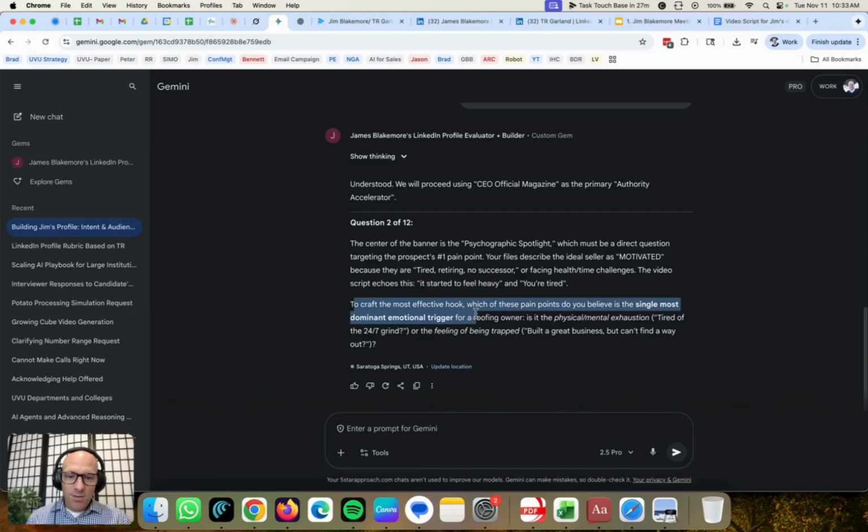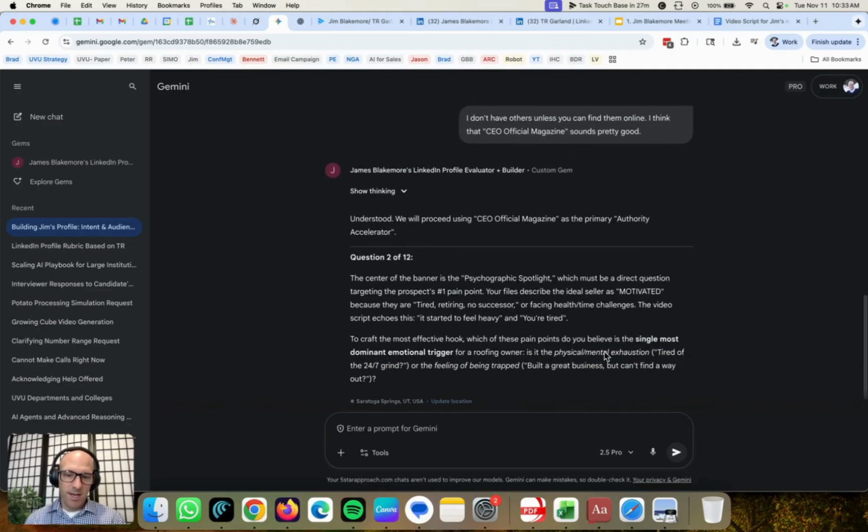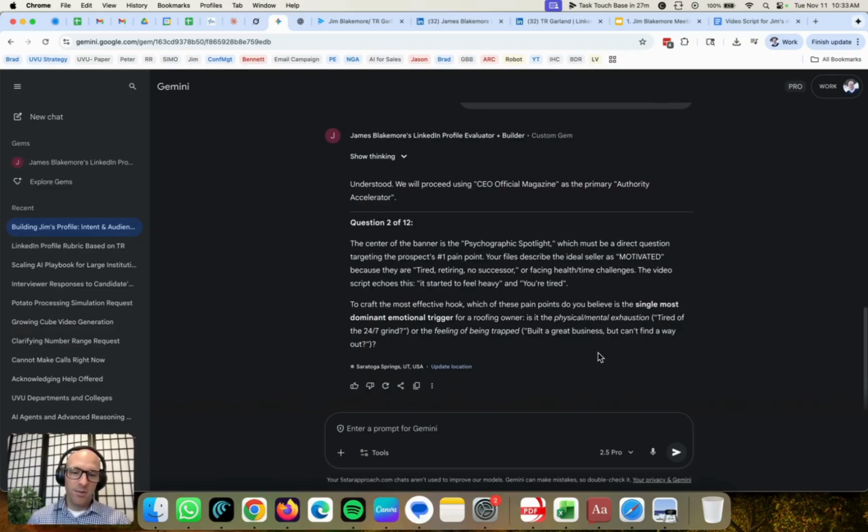To craft the most effective hook, which of these pain points do you believe is the single most dominant emotional trigger for a roofing owner? Is it the physical mental exhaustion of the grind, or the feeling of being trapped, built a business but can't find a way out? Boy, I think I'm not sure. I'm going to say, let's pretend you are 100 roofing company owners in my